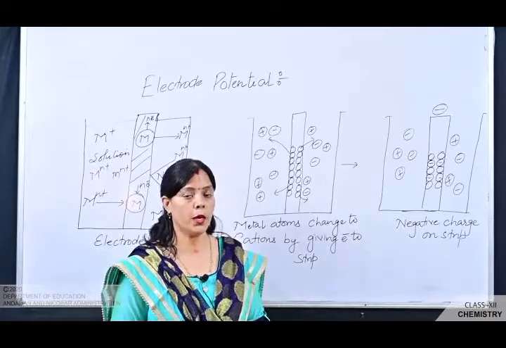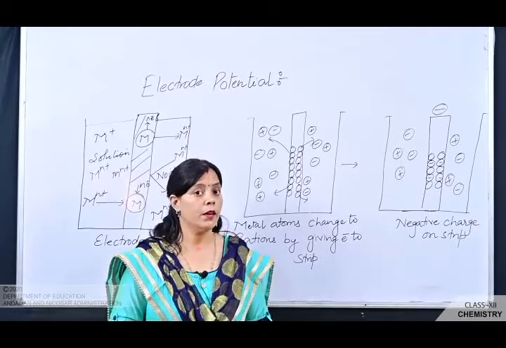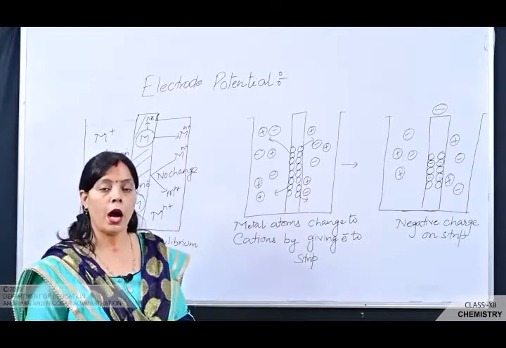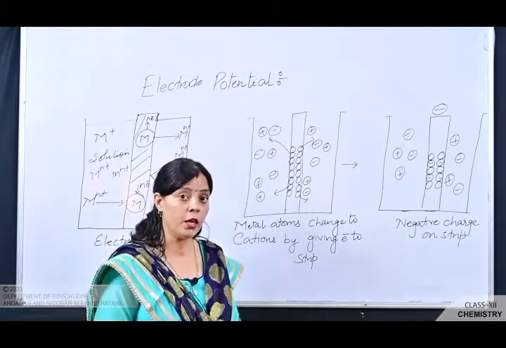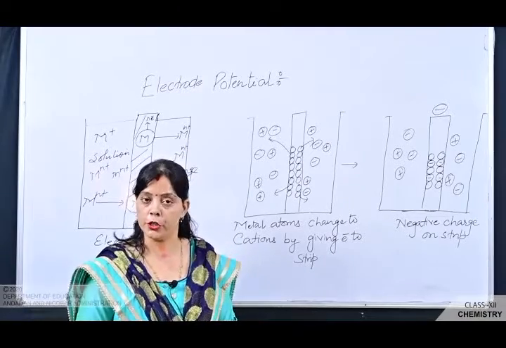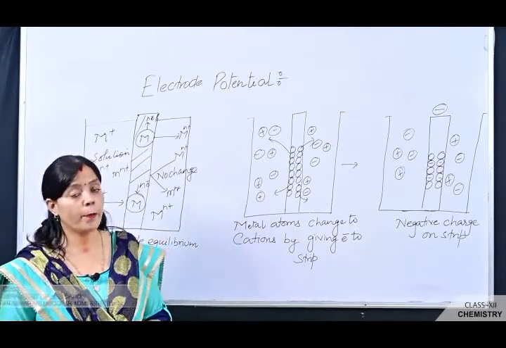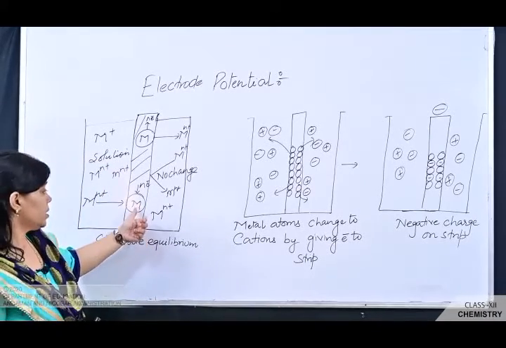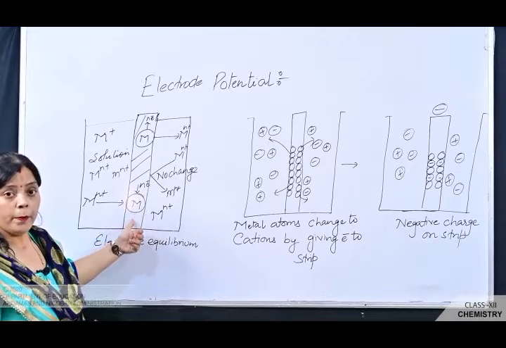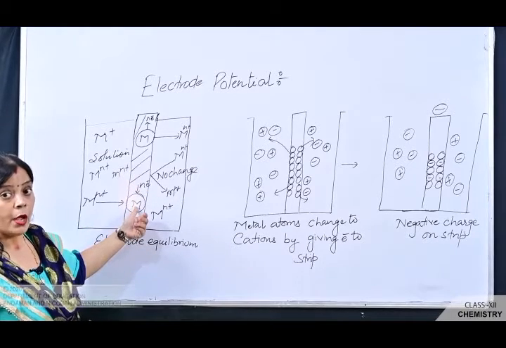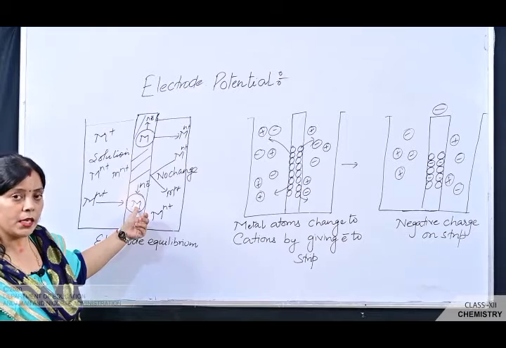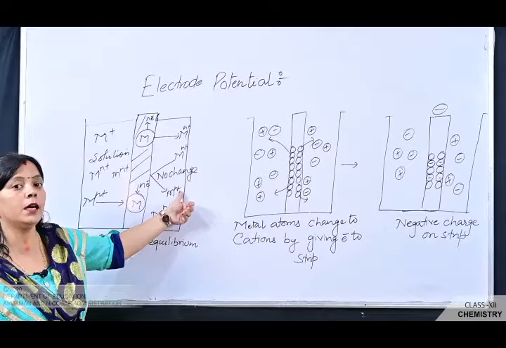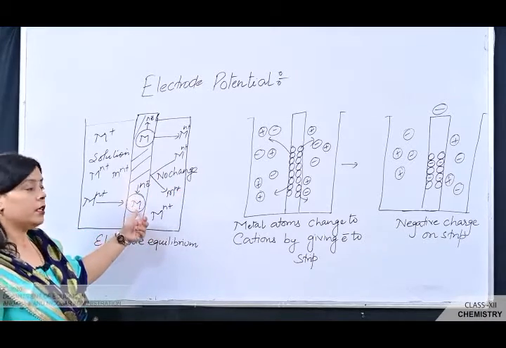So children, today we discuss the next topic of the chapter, the electrode potential. How can we define the electrode potential? What do you mean by the electrode potential? When a strip of metal, capital M, as shown in this picture, is brought in contact with the solution containing its own ion, that is Mn+, the ion formed by this metal,